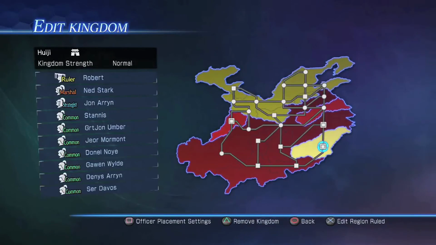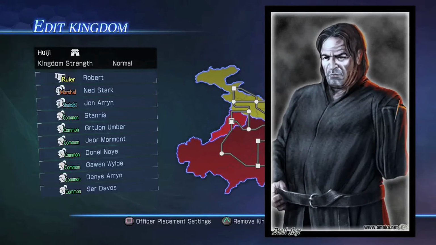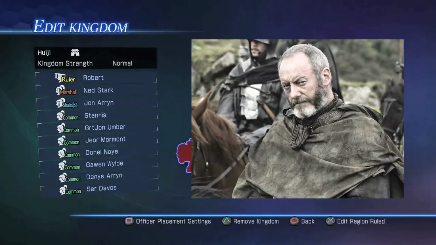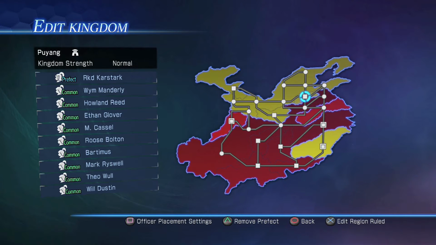You got Stannis, you got Great John Umber, you got Jewel Mormont, you got Donell Noy, who ended up on the Night's Watch and lost his arm. You got Gawain Wild, Denys Erin, Sir Davos when they're all young. They're all younger. I've edited them to look a bit younger as well. And you've got the